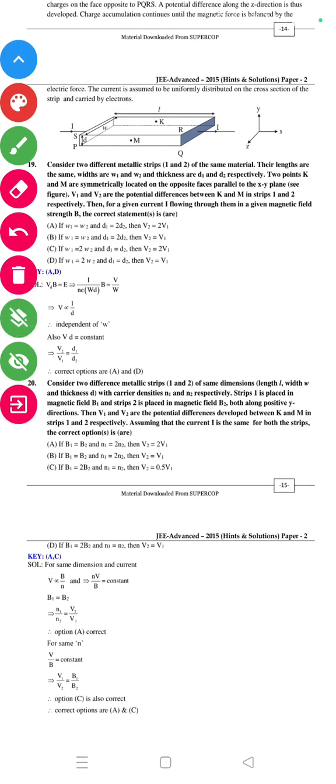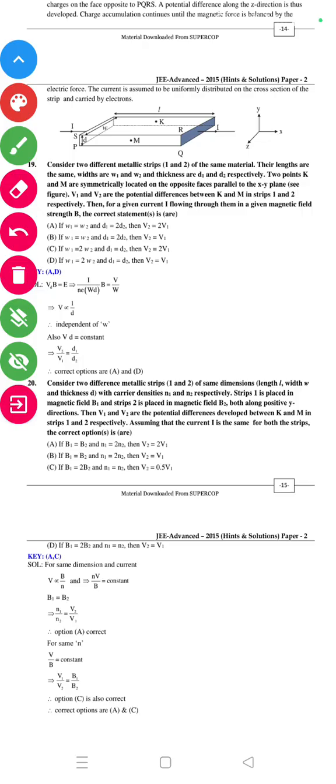Their lengths are the same, widths are W1 and W2, and thicknesses are D1 and D2 respectively. Two points K and M are symmetrically located on the positive faces parallel to the XY plane. V1 and V2 are the potential differences between K and M in strips 1 and 2 respectively. Then for a given current I flowing through them in a given magnetic field B, the correct statement is: